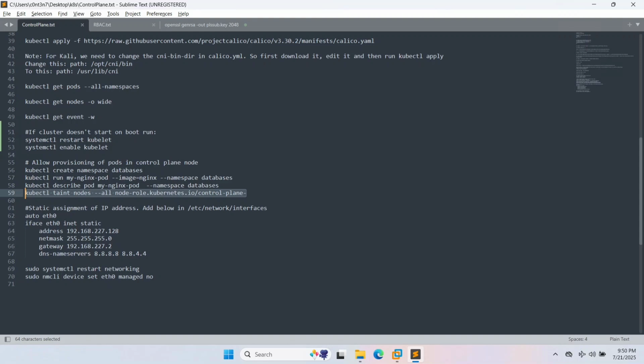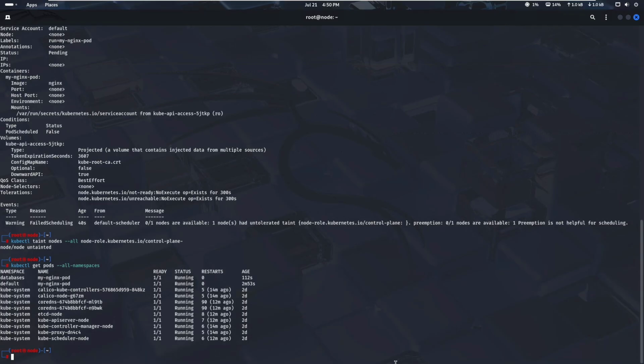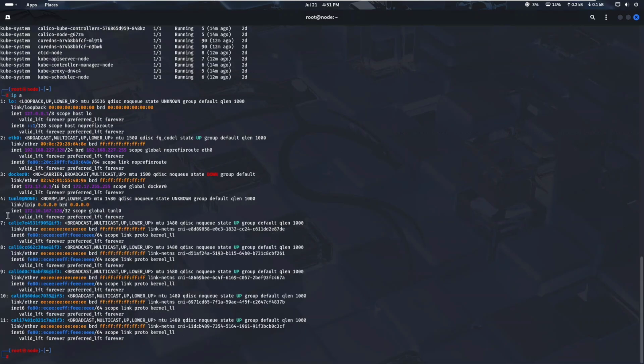Our cluster is configured with the IP address which was initially used when we were creating the cluster. So if this IP address changes after reboot, our cluster will stop working. Why? Because our API server address will change,